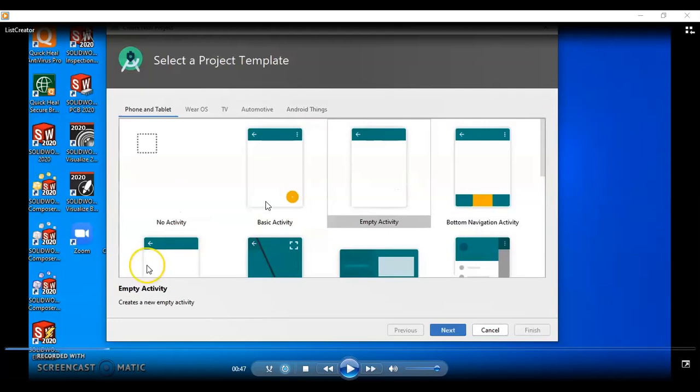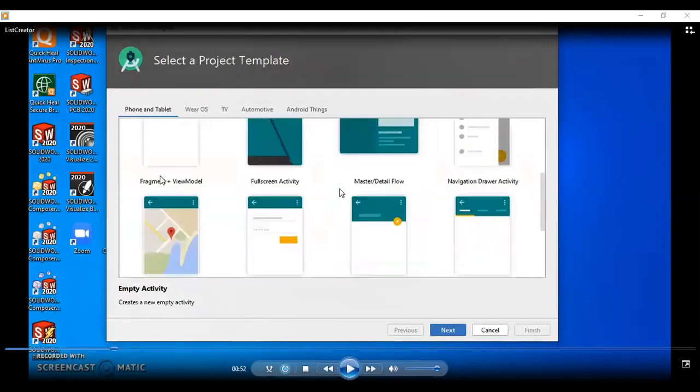With this basic activity, by default, this FAB button, that is floating action button, will be added into your Android application. Other options are bottom navigation activity. Similarly, there are options such as fragment plus view model, full screen activity, then master or detail flow, then navigation drawer activity, right?